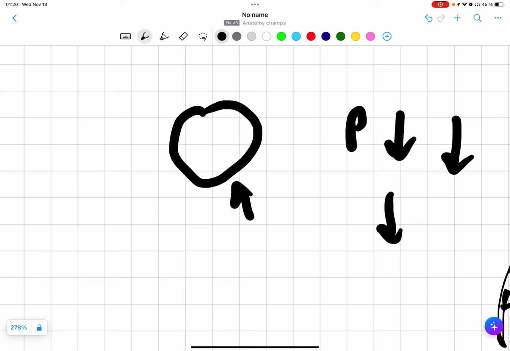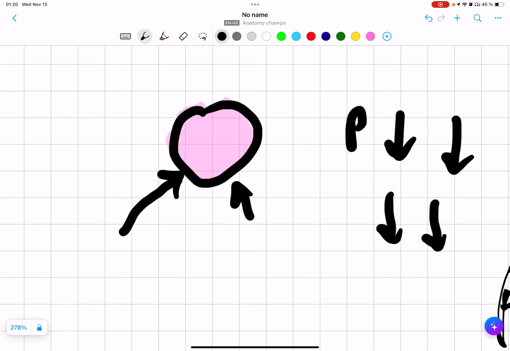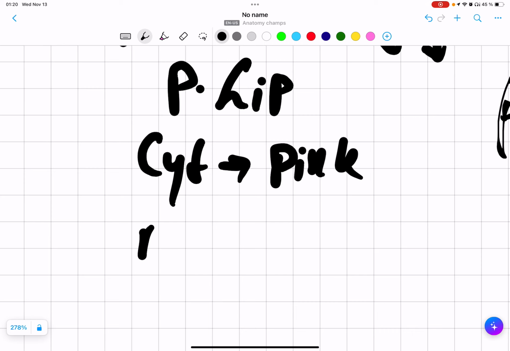Then they will have nucleic acid. Nucleic acid will also undergo pyknosis, karyorrhexis, karyolysis. So your nuclear membrane, nucleus, nuclear content will all be destroyed. So what you have left is just the cytoplasm and your cell membrane, right? Cell membrane is made up of what? Phospholipid. And I have told you, cytoplasm appears pink, nuclei appears blue,